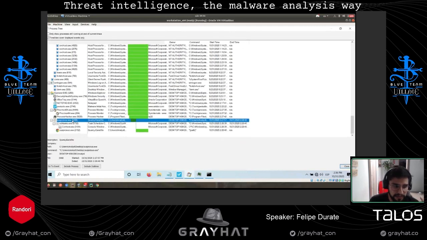The first sample we analyzed was suspicious.exe. Look, it started at some point. The green line is the lifespan, so how long the process was active in memory.